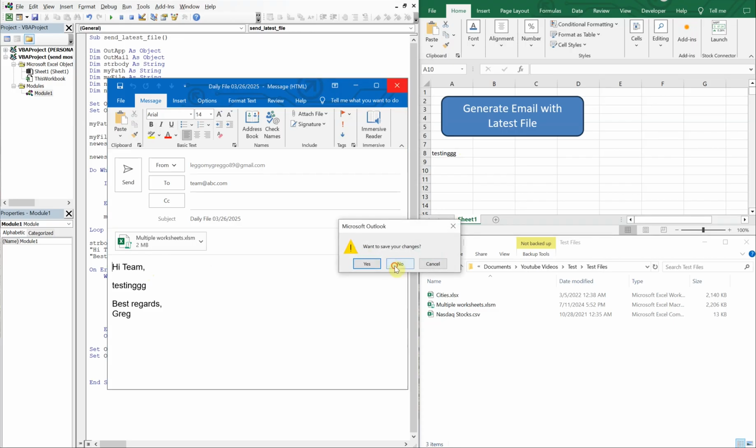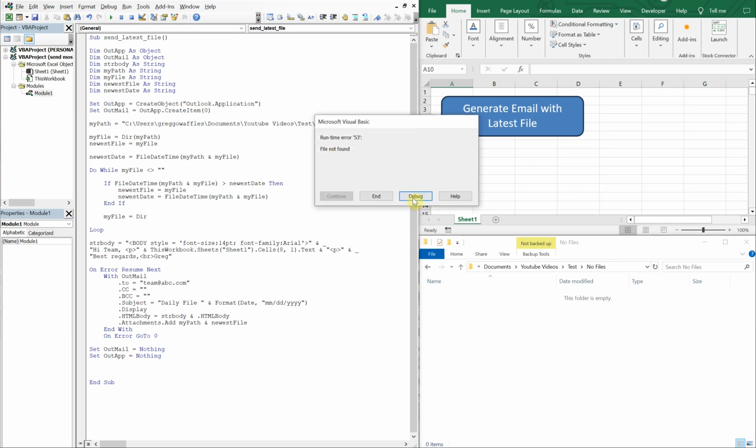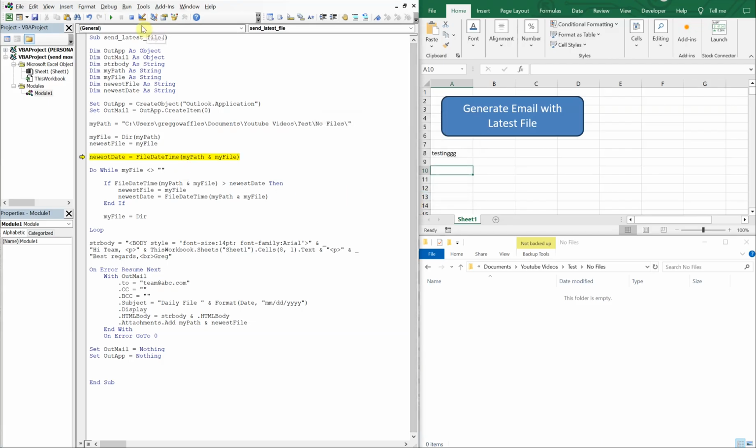All right, and then one more. Let's say we've got a folder. See, this has no files in it. So just as a sanity check, if I type in the no files, I'll get an error, right? So we can prevent this from happening. All we have to do